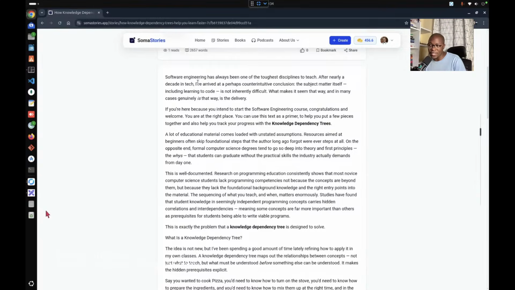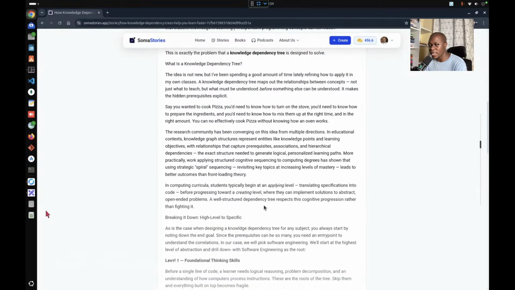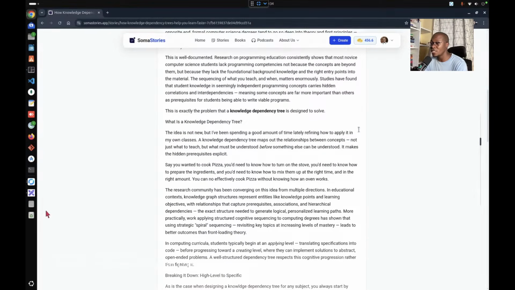Also, your function is pretty much useless if it doesn't have any logic inside it. So you also have to learn if statements, we call them control flows, and logic. You also have to learn while, variables, and whatnot. So these are what you call knowledge dependency trees, and there's quite a lot of research that backs this up.